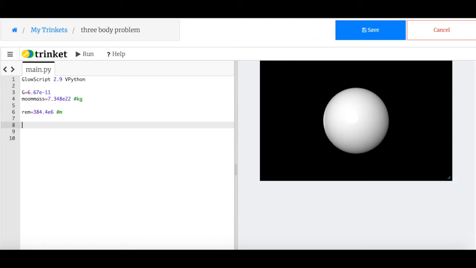So first I'm going to say MA. Should I call it that? Yeah, MA is moon A, and it's going to be a sphere. I need to give it the location of that sphere, and I already said that it was at, oh, where'd my diagram go? I said it at the origin. So it's going to be pos equals vector